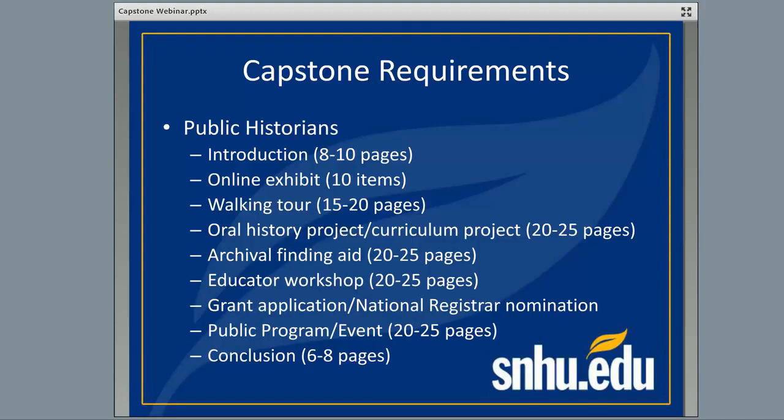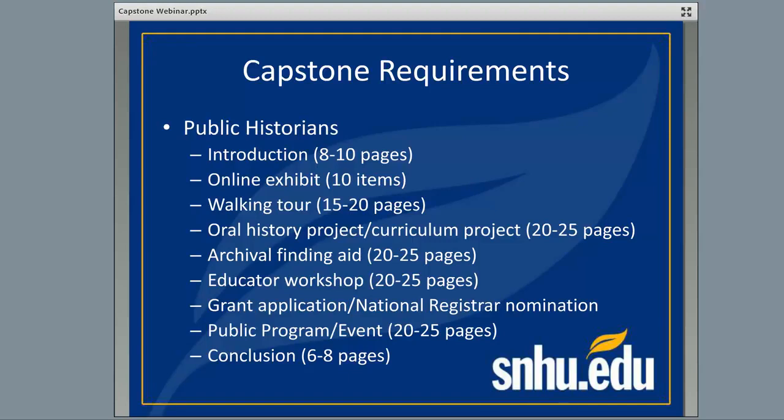And so students tend to look at the page count for the 792 capstone and think, oh, that seems a lot easier than the page count for the 791 topic. But the reality is that you're doing the same amount of work and the same type of work. It's just the final product looks different. And the 791 research project is a bit more straightforward. It's more what historians are used to seeing, a very long essay with multiple chapters and proper formatting. The public history capstone is a little bit different from what we're used to seeing,